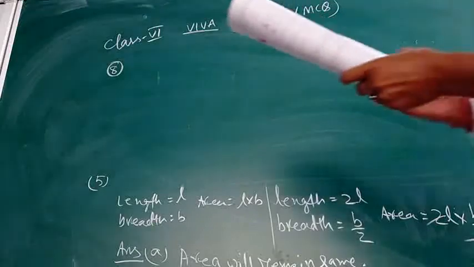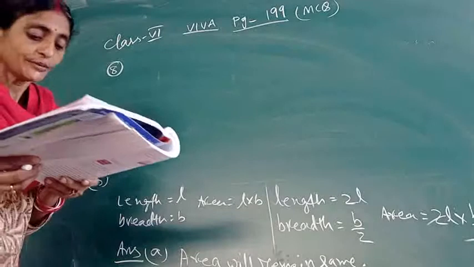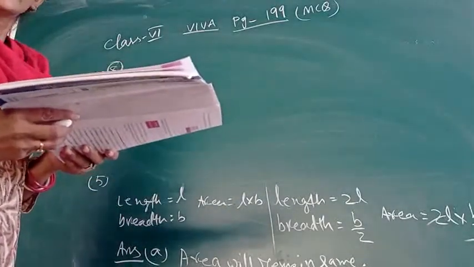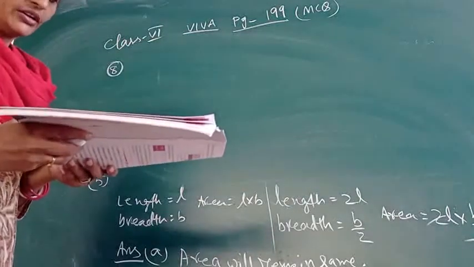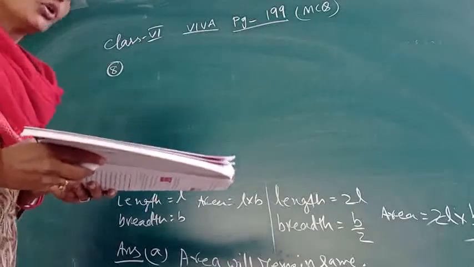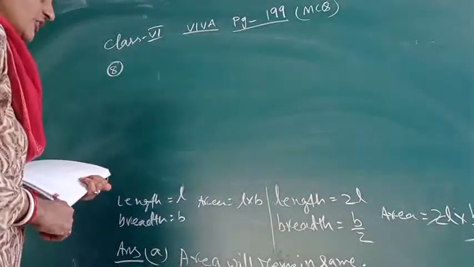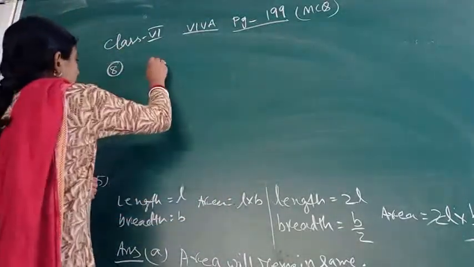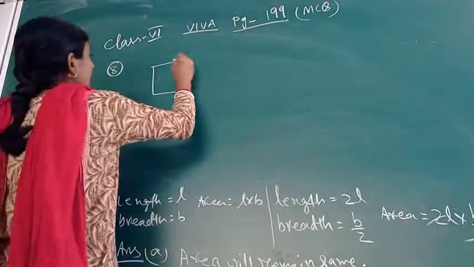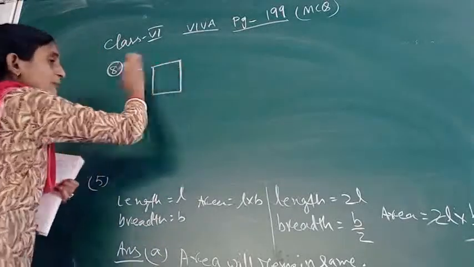Here I am looking for question number 8 from the MCQ. You have been given that if two plane figures A and B coincide with each other, then they have what? Equal area, equal perimeter, equal area and perimeter, or none of these. Okay, let's come to that situation. Suppose two figures have been given. They coincide. Coincide means, suppose I am thinking about a rectangle and I am putting another rectangle on that, so that it will be completely covered.